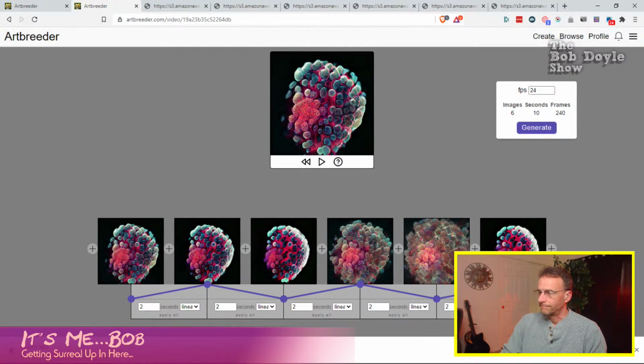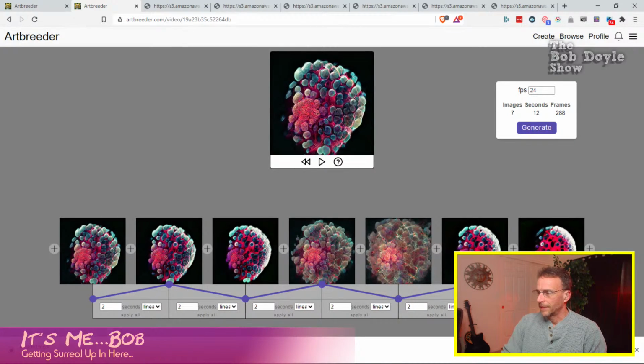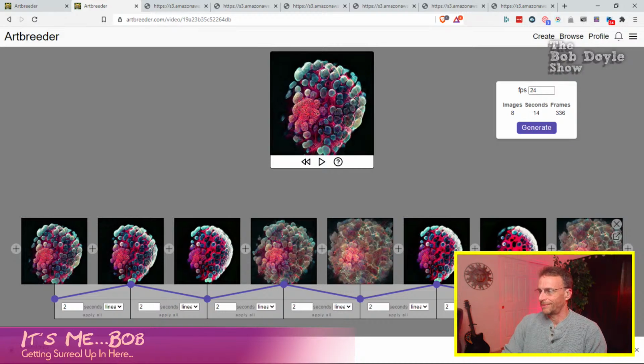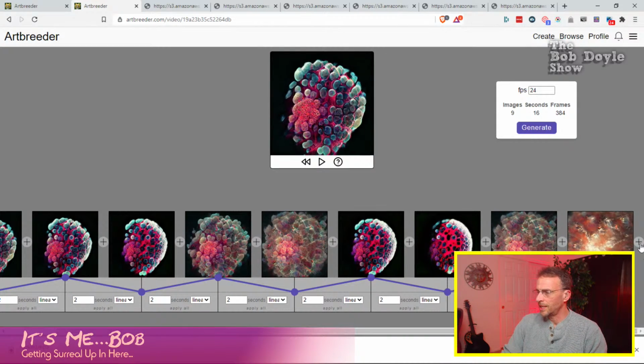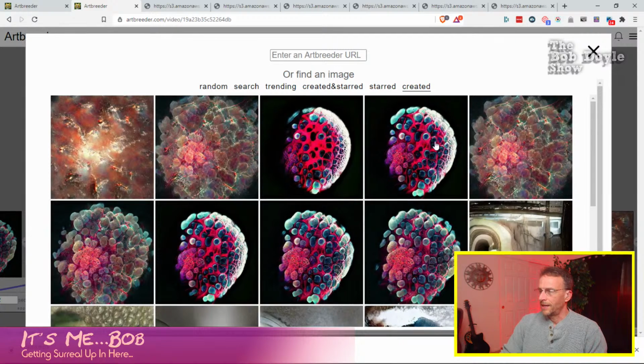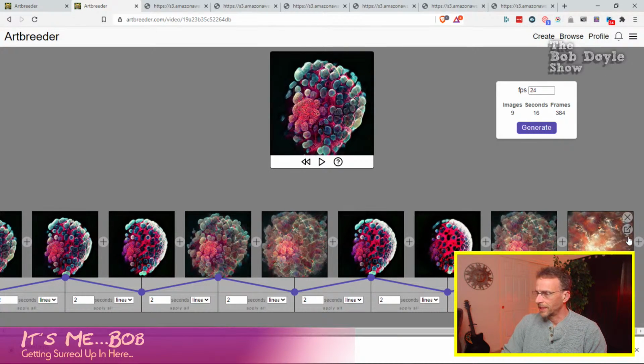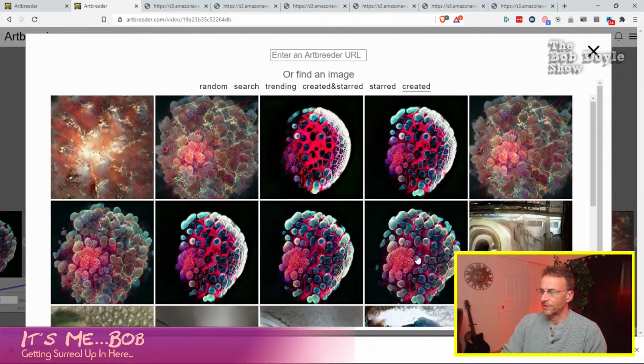But I'm not doing that because I don't want to use all my frames. Big explosion, and then back to the first one.